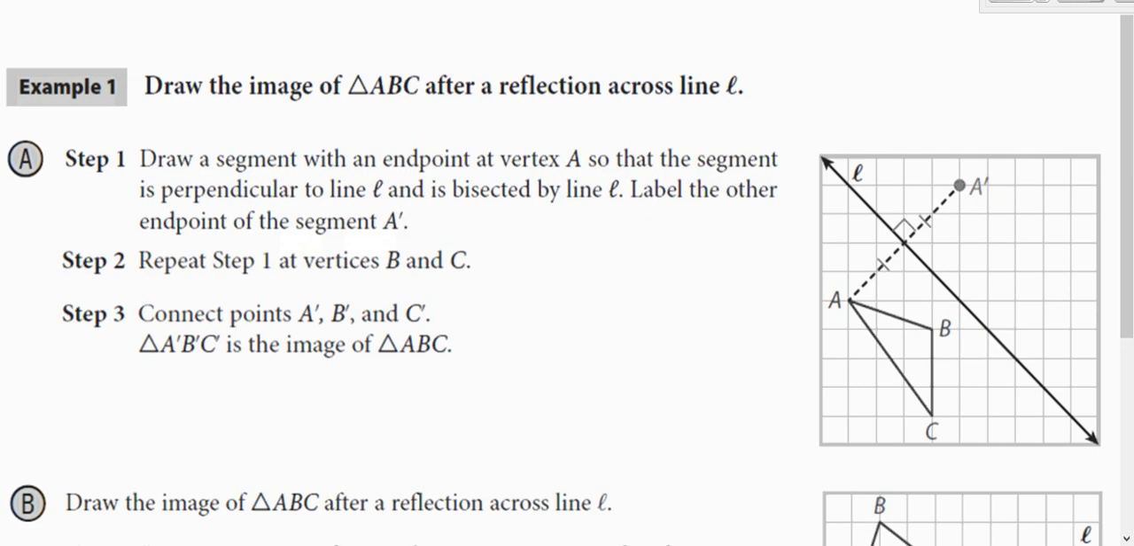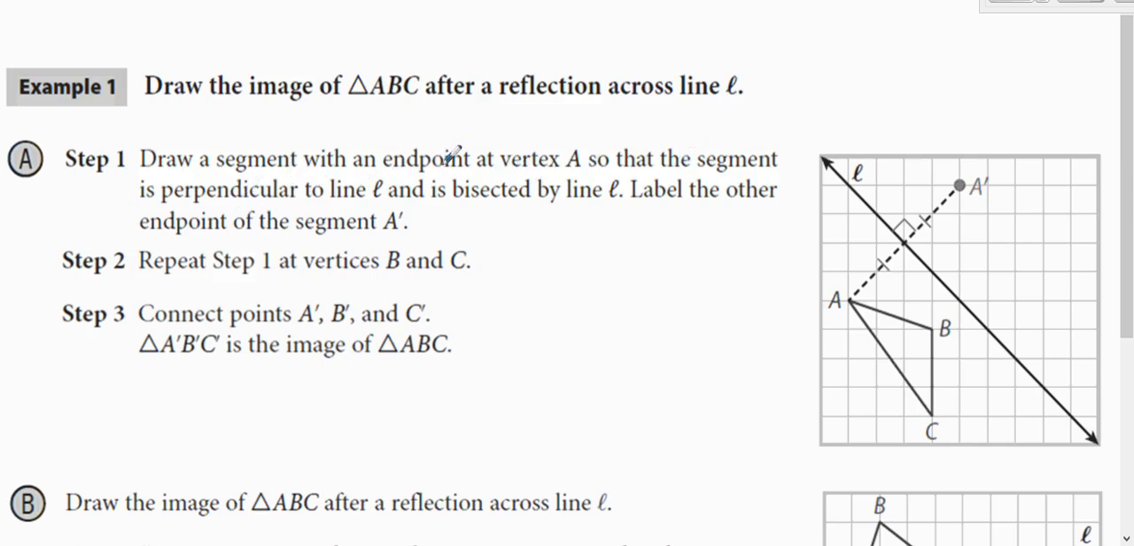So when you are going to do a reflection, you need the perpendicular line, which we will talk about how to get, and you need to measure out the distance. So yes, you could do distance formula. You can just count how far away it is, left and right or up and down, and it would be the exact same. So when you are drawing the image after a reflection,